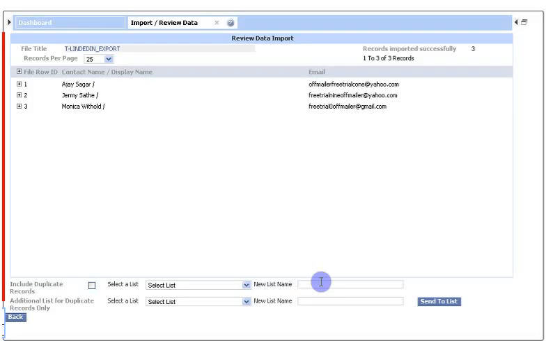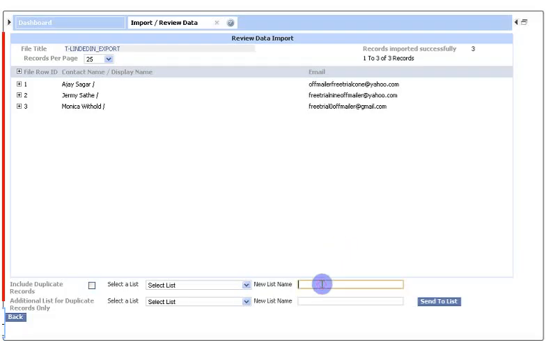So for case 2, you can build additional lists for duplicate or pre-existing records in the second row. Since here we are not dealing with the duplicate or pre-existing records, let's create one list here,